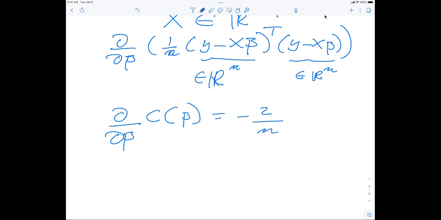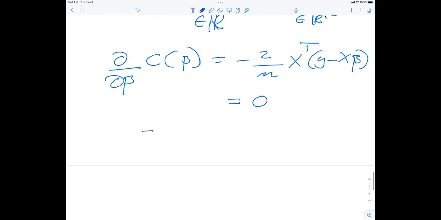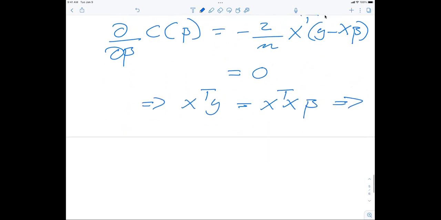This is going to be given by x transpose multiplied with y minus x times beta. And we want that to be 0. I can multiply away 2 divided by n, so we don't need to deal with that, and the minus sign. So that means that we have x transpose times y, which is equal to x transpose times x times beta. And that means that my optimal beta